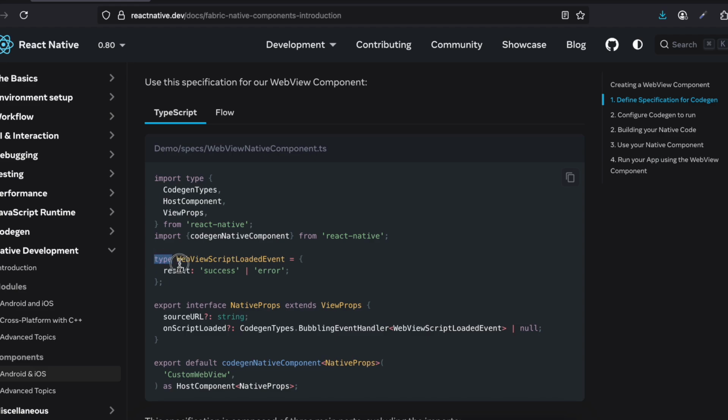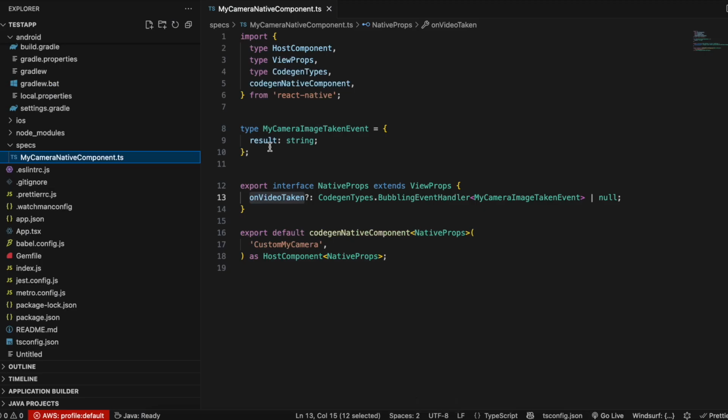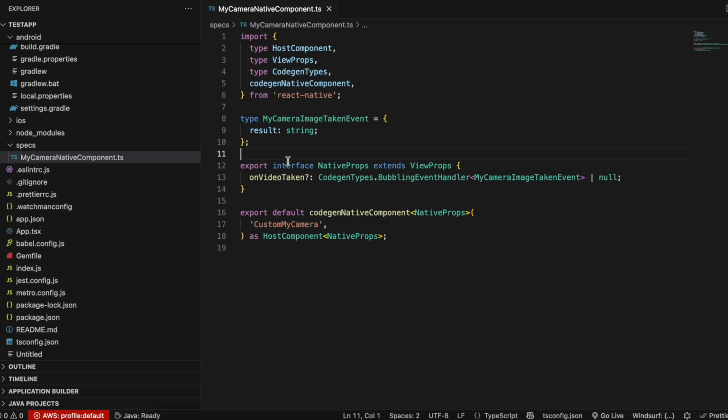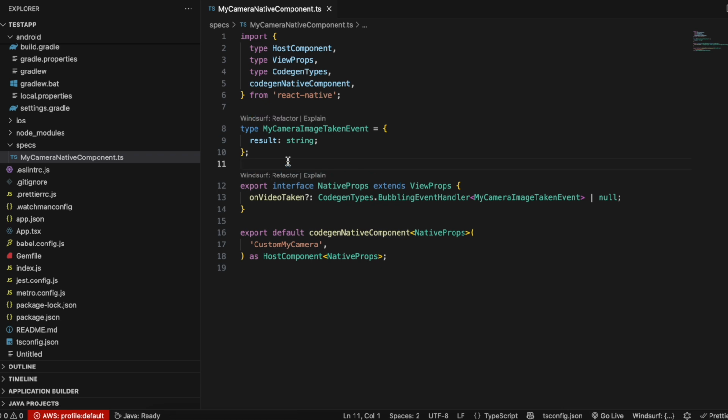Firstly, I have replaced this particular type with this particular thing. So here we have this particular thing called result, but unfortunately the result thing is not really. So what typically will happen in our output is, like I showed you guys the output, right? We were recording the video. Once the video has been recorded, we used to go to the files app. Previously what I used to do was I was sending the actual video URL of the captured video back to React Native side,